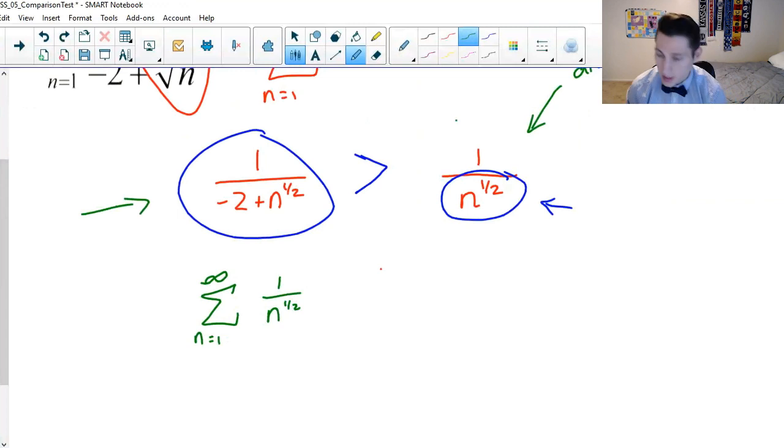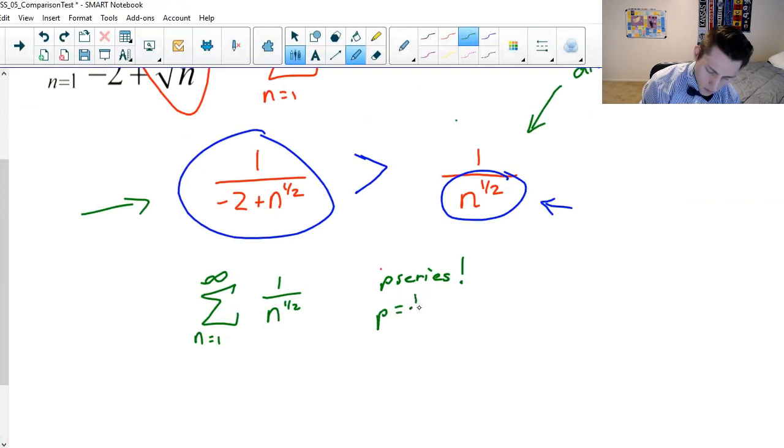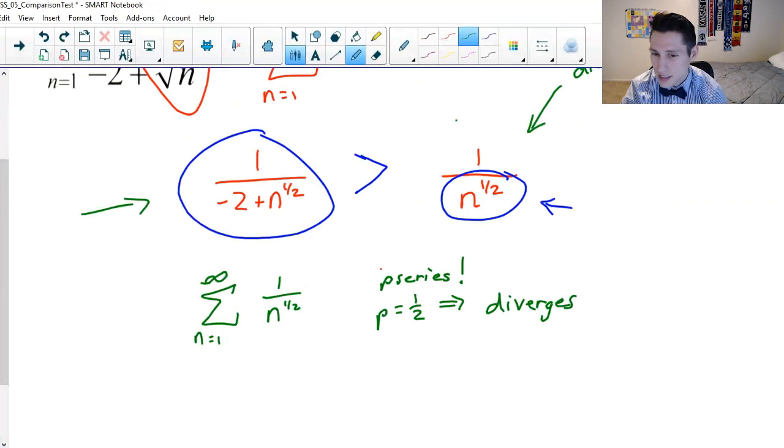about 1 over n to the 1/2 power. I should note immediately that this is a p-series, right? 1 over n to the power of p. P in this case equals 1/2, which means the series diverges. Okay. So like I just said, so if